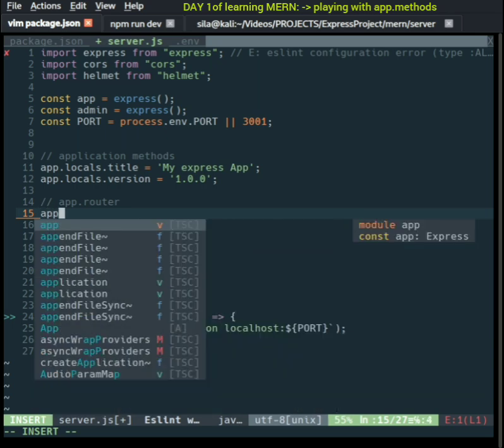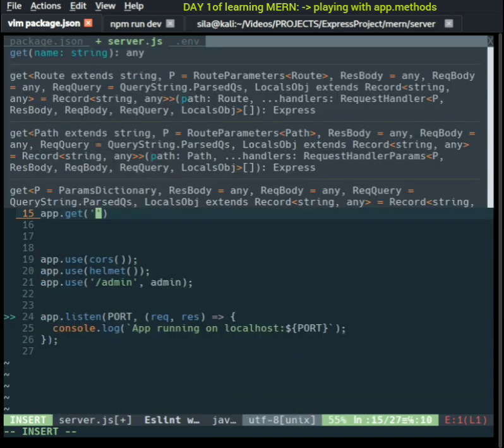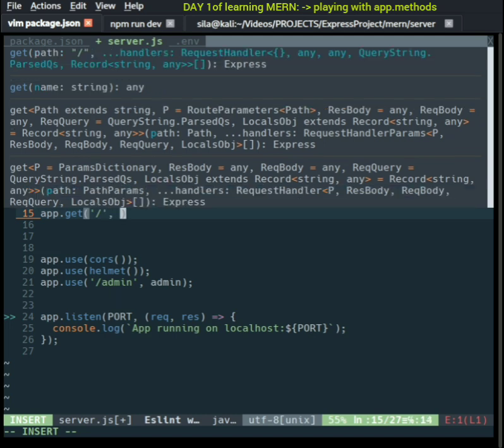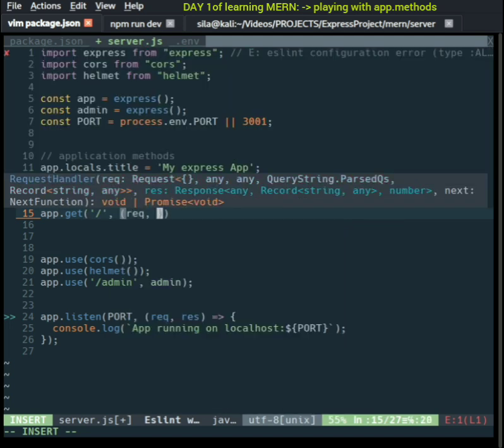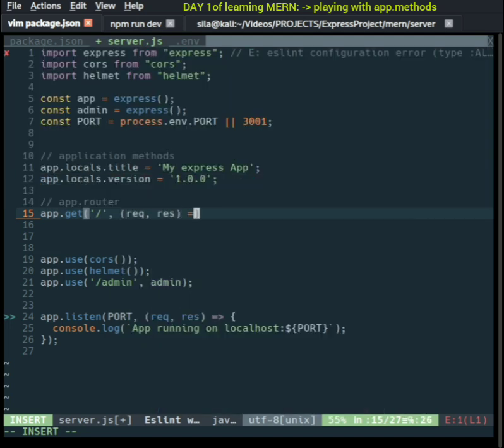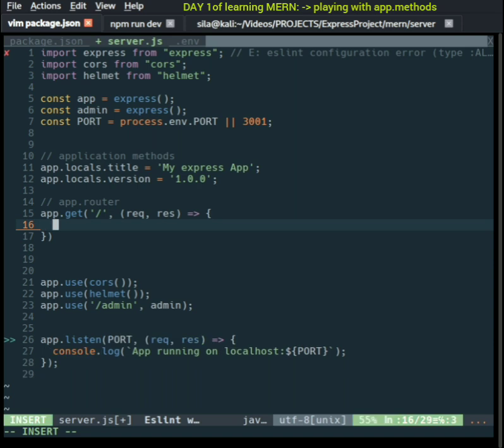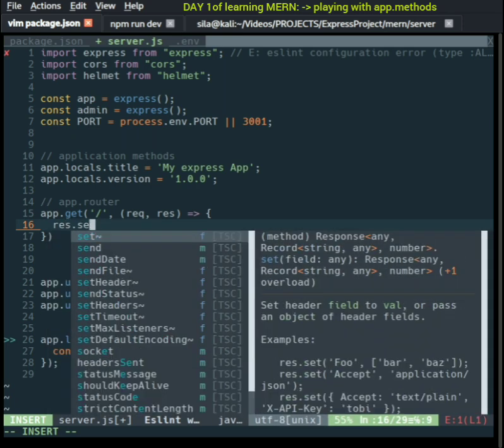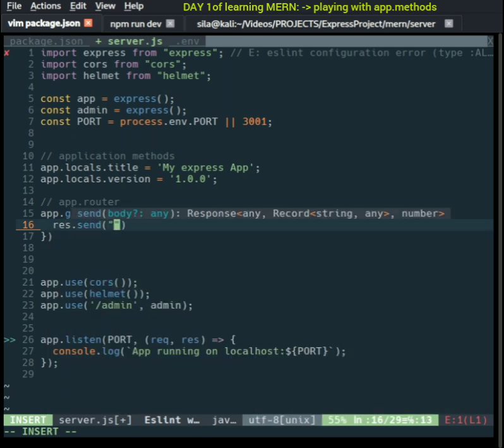So we can have app.get, then you're going to use that directory, then you're going to do request and response. Then after that you're going to do response.send, and then what am I sending? I'm sending maybe homepage,